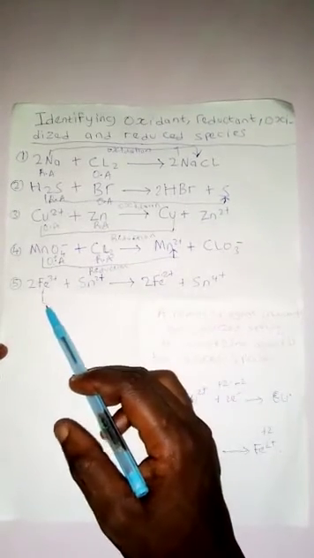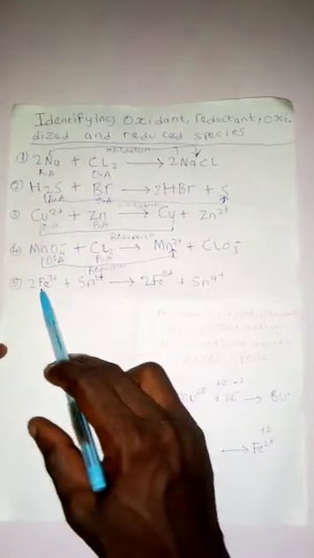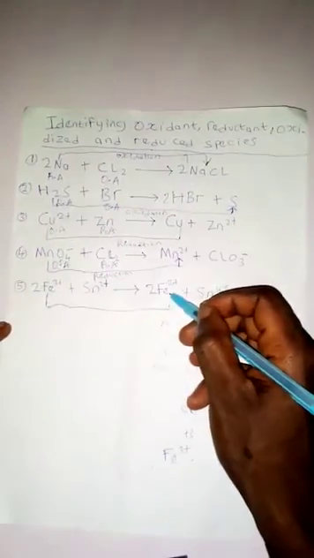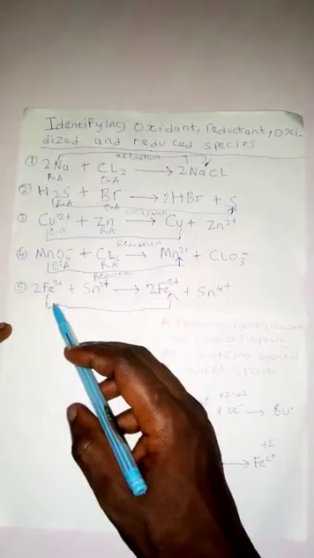So now let's move here to the final stage. So Fe³⁺ ion turns to Fe²⁺ ion here. So now don't forget, there's a definition for oxidation, that oxidation is the increase in oxidation number, while reduction is the decrease in oxidation number. So now look at it. Is this reaction here, from here down to here, can we say it's an oxidation or reduction reaction? Of course, if we look at it carefully, we'll discover that it is